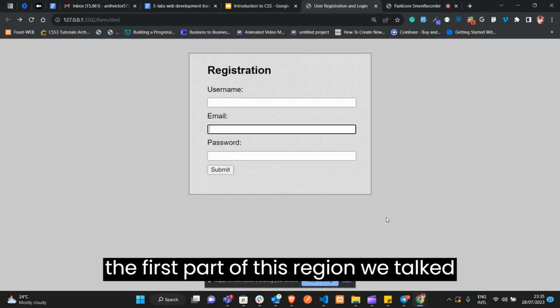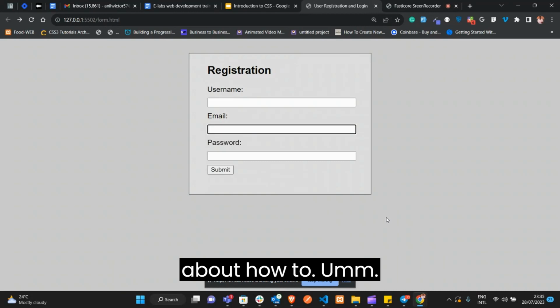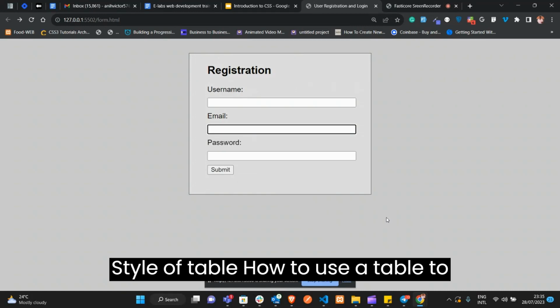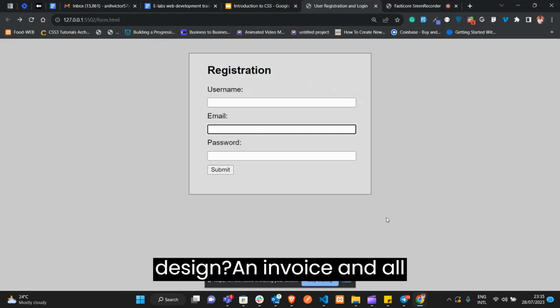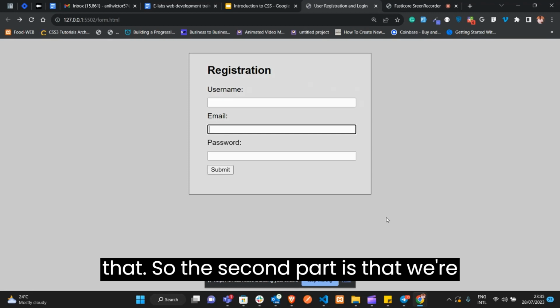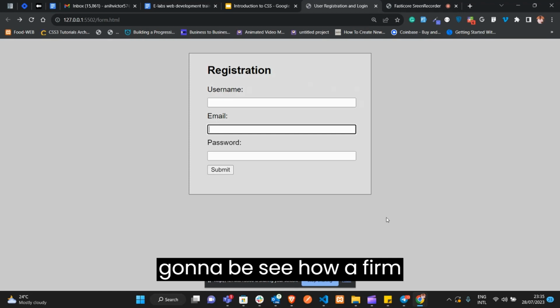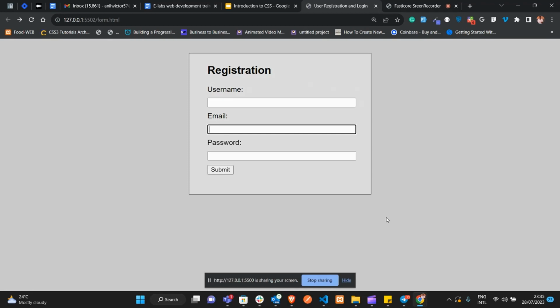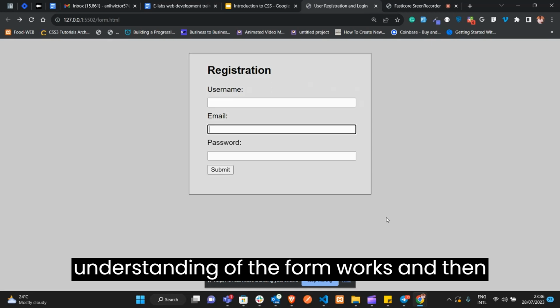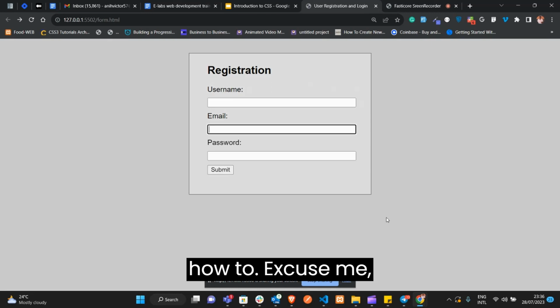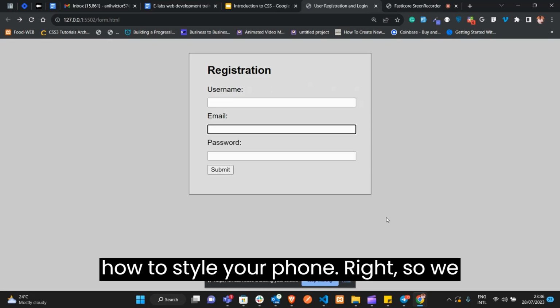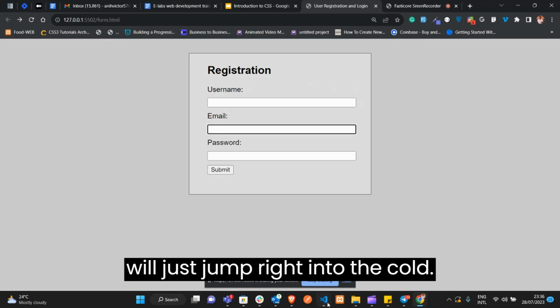In the first part of this video, we talked about how to style a table, how to use a table to design an invoice and all that. So the second part is that we're going to see how a form works, understanding how the form works, and then how to style a form, right? So we'll just jump right into the code,